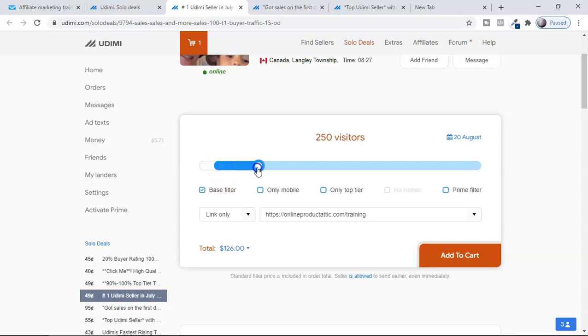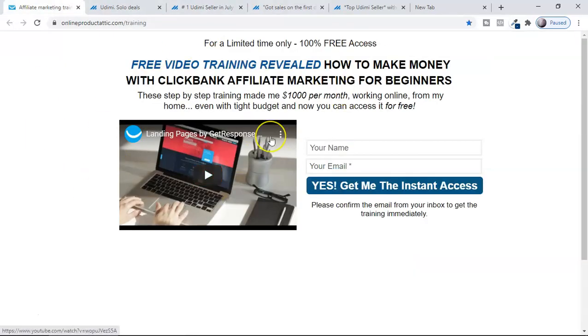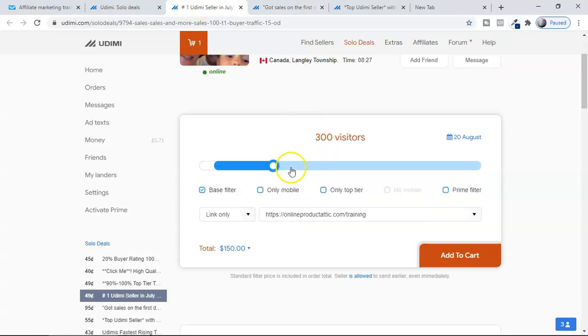I always recommend you go with 300 visitors to your landing page, whatever landing page you created, that's completely up to you. I will always go with at least 300 to 500 visitors. For getting 500 visitors to your landing page, not clicks, guys, 500 visitors, he's charging $248 here.